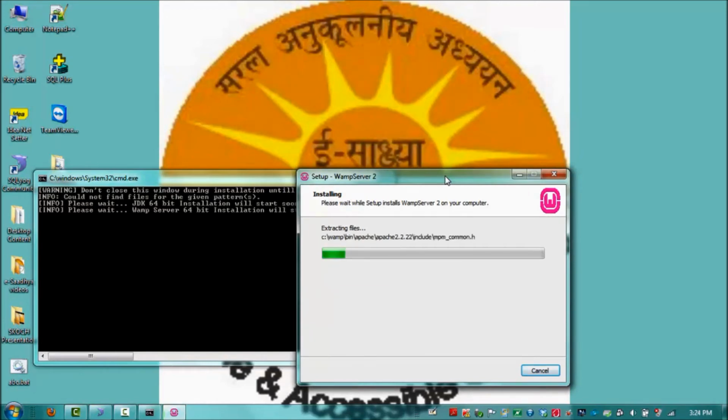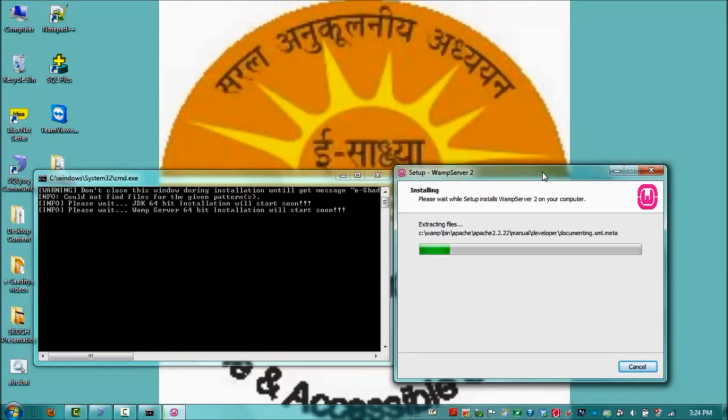Don't close any of the windows until the installation is completed.